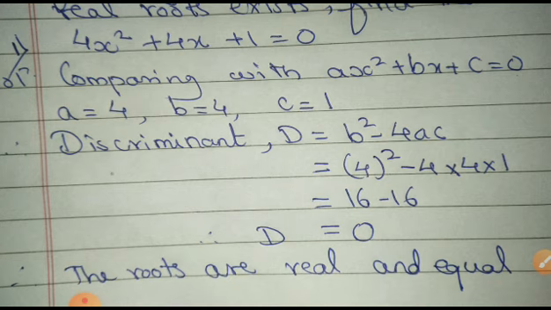Now, should I find the roots by any other method? Which method will be easier in this question? Already you have found the discriminant. So in which method did we make use of the discriminant? It was the formula method. That will be easier because half of the problem we have solved by finding b square minus 4ac. So this type of question should be done using the formula method.